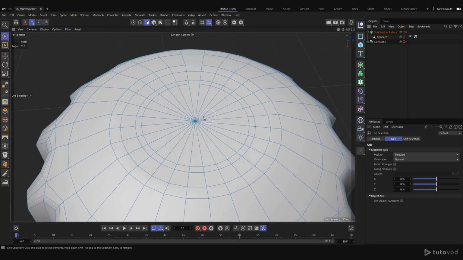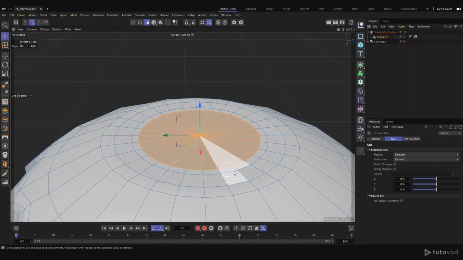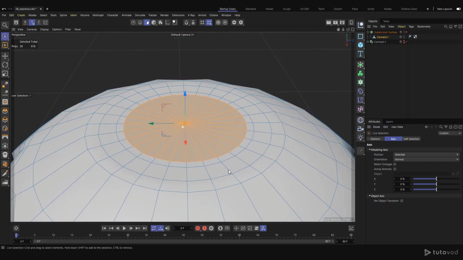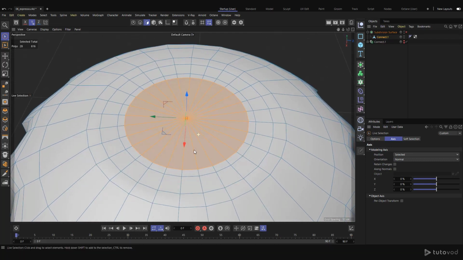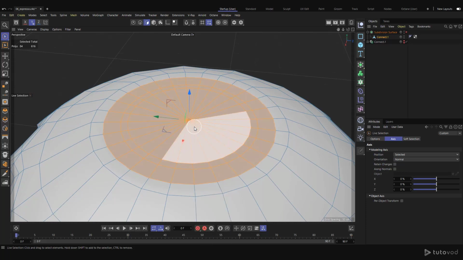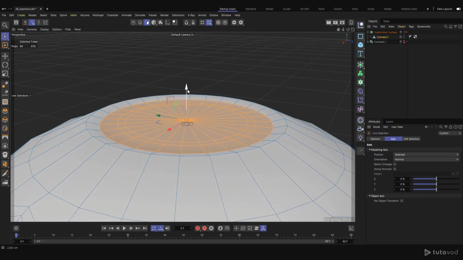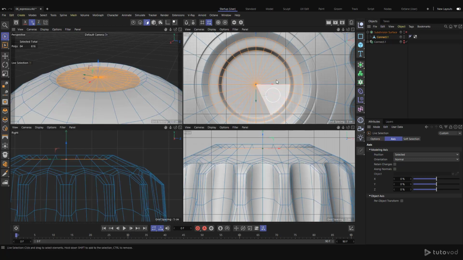So I can come here and select everything here, and here what I'm going to do is to grow the selection. So I'm going to use the shortcut U and Y many times, and with the move tool I'm going to bring this down a little bit so we get something